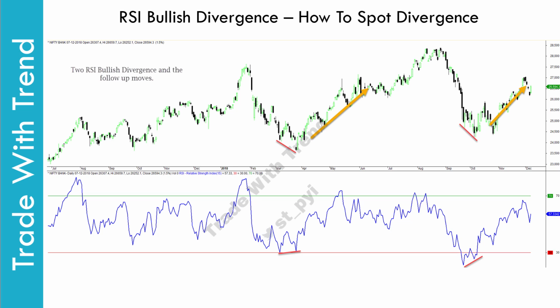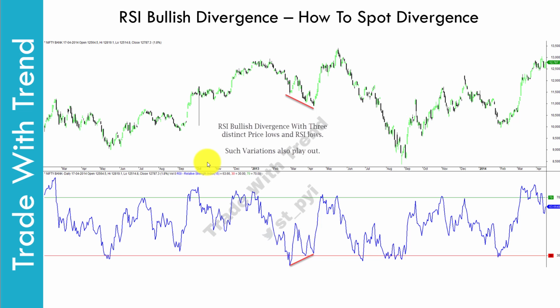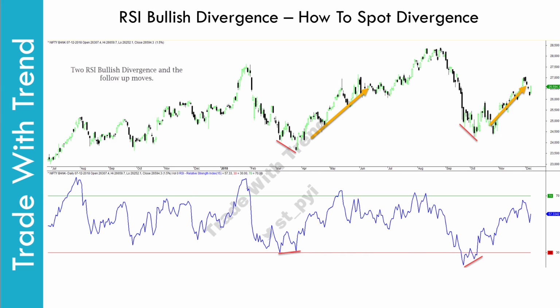So let me repeat again, the way to identify a high probability RSI bullish divergence signal is to look at the previous move that has happened. If the move is strong and with good momentum, then the bullish divergence signal that forms is actually a high probability one. Try and ignore these sort of bullish signals where the prior down move is not that much in terms of percentage movement.